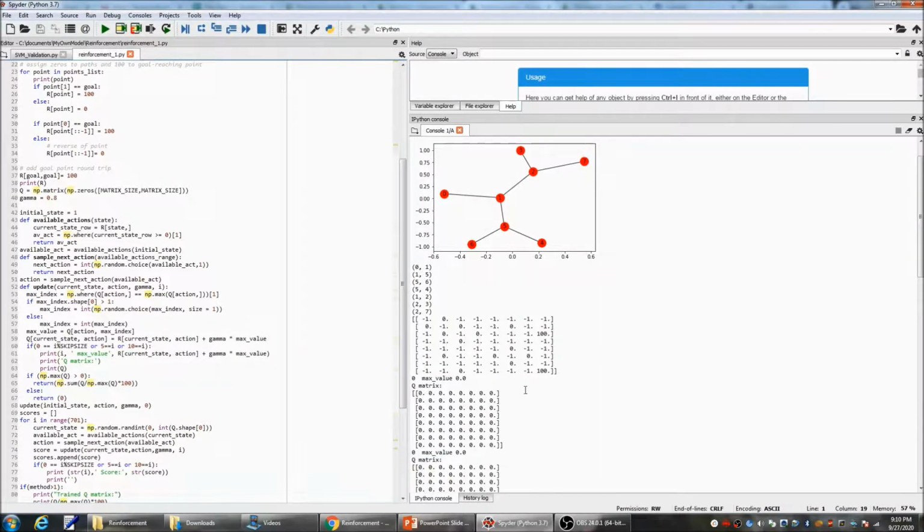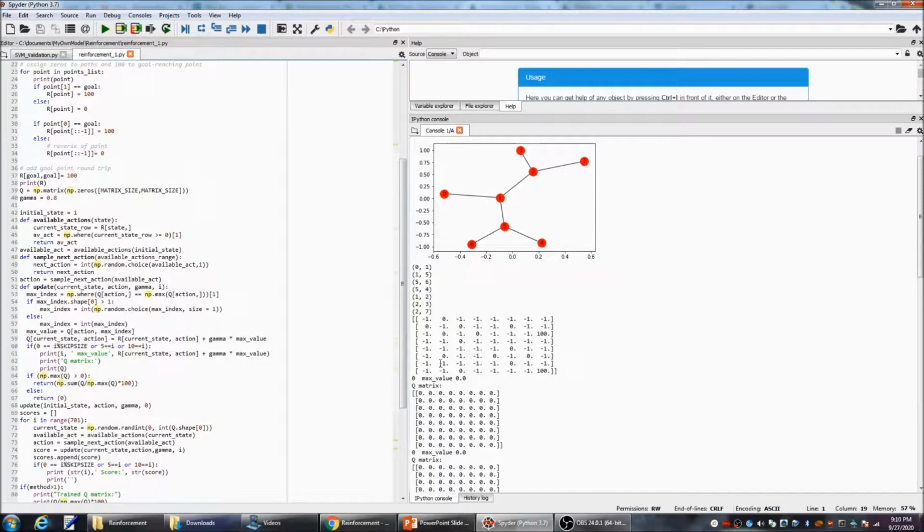First, we will build our initial matrix, our matrix R. We set up two rules. If we reach the endpoint, point 7, we will give a reward of 100 points. If we reach the point which is closest to the endpoint, that is point 2, we will give a reward of 100 points.